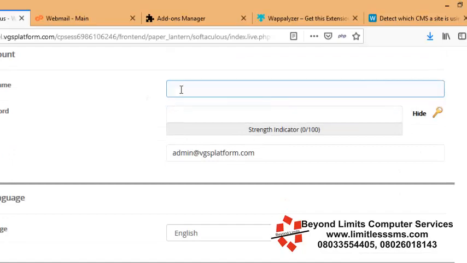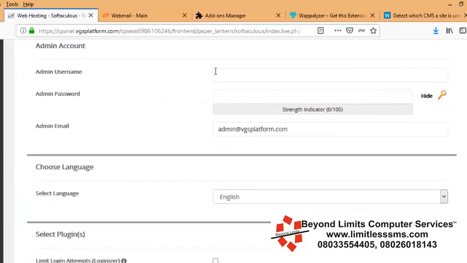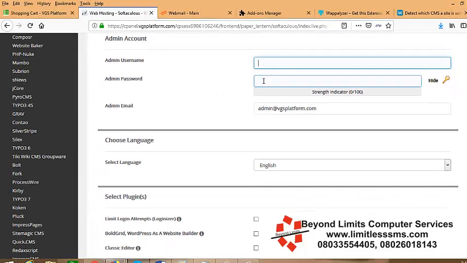So now you need to pay attention to this section. You need to enter an admin username and an admin password. The username and password that you enter here is what will give you access to your WordPress backend. So I'll just type a username here. Let me use admin for now, and then password, I'll use my regular password,